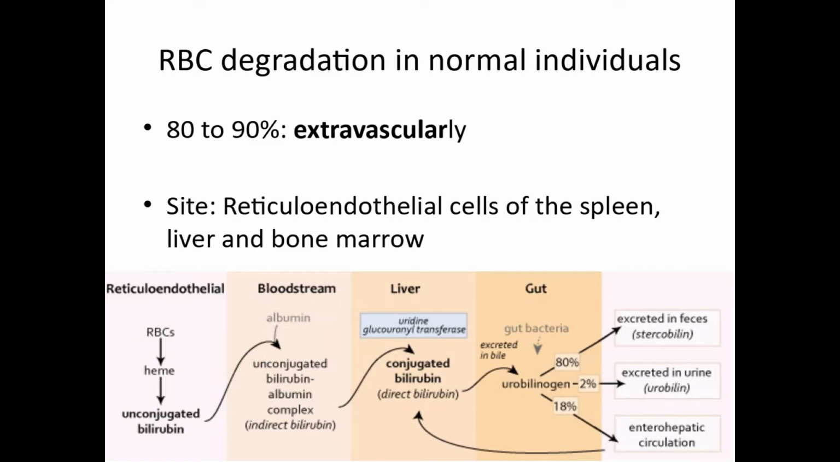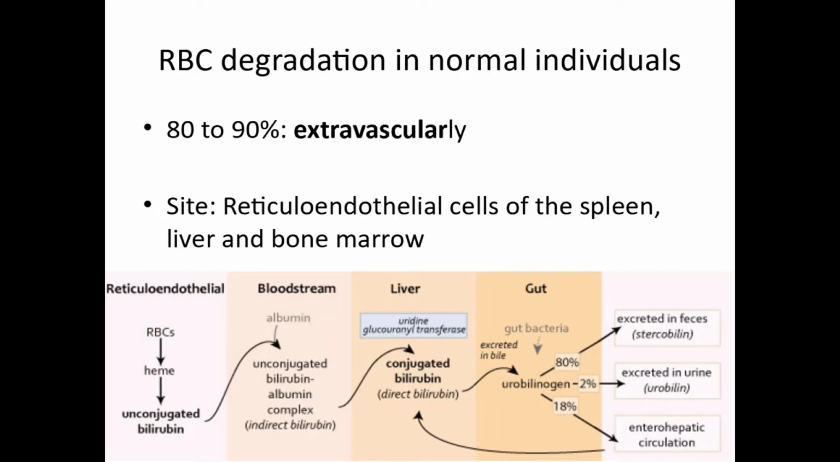This unconjugated bilirubin then moves out of the cytoplasm of macrophages into the bloodstream, where it combines with albumin to form a complex. This complex then moves on to the liver, wherein it is conjugated by the enzyme UDP glucuronyl transferase to give rise to what is called conjugated bilirubin. This conjugated bilirubin is excreted in bile,